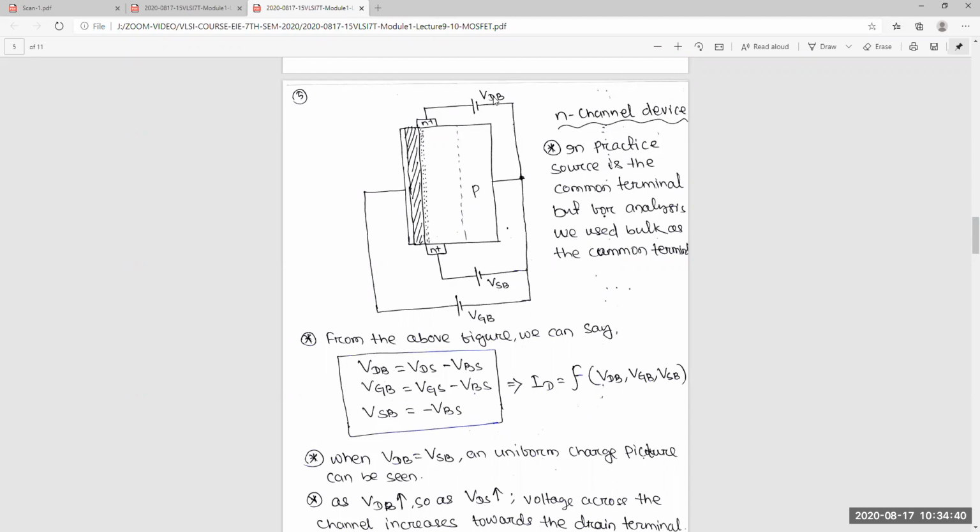are the same, VDB and VSB, okay, then there is no effect from these two, meaning the surface charges are only because of this gate to bulk voltage. If these two are constant, or 0, whatever charge comes will come only because of that VGB. Okay, because it's a common terminal. Here one n plus, here one n plus. If this voltage is the same as this voltage, there is no influence of this and this on this surface charge.